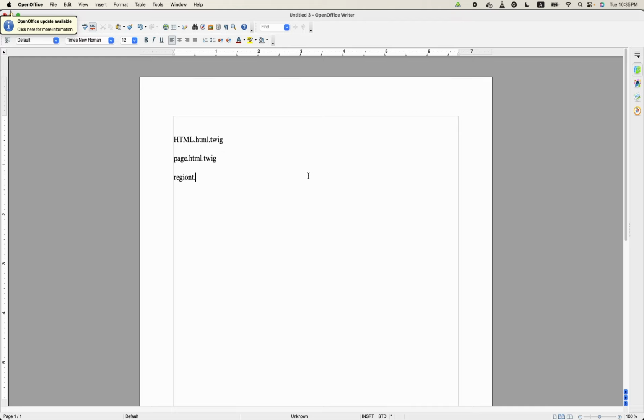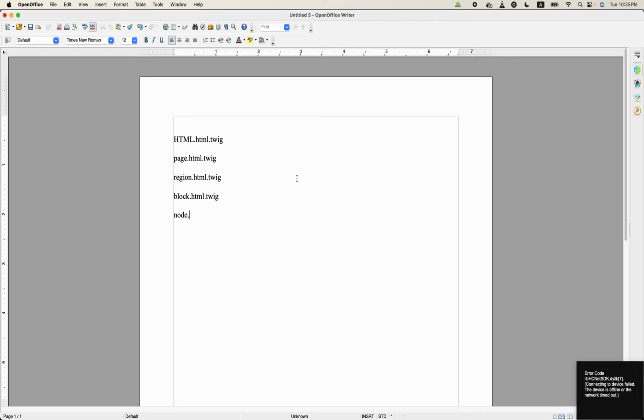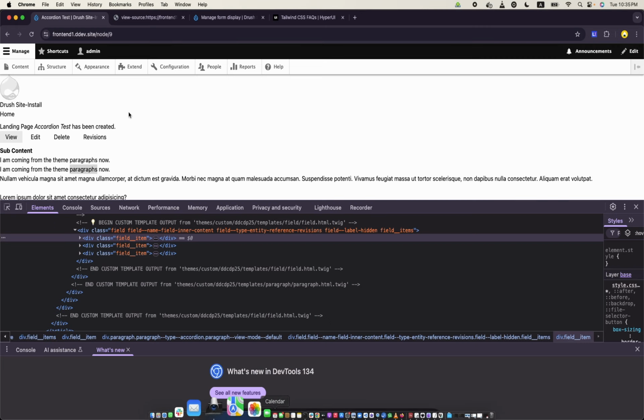So region dot HTML dot twig, and then inside the region there will be block. So content is also a block. So block dot HTML dot twig. Then inside the block there is going to be node dot HTML dot twig. Then inside the node, okay, so I will stop here, and if we come to the landing page,